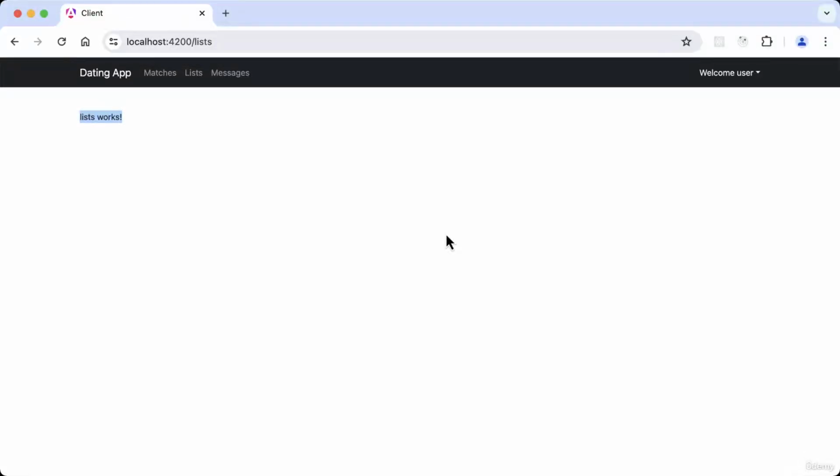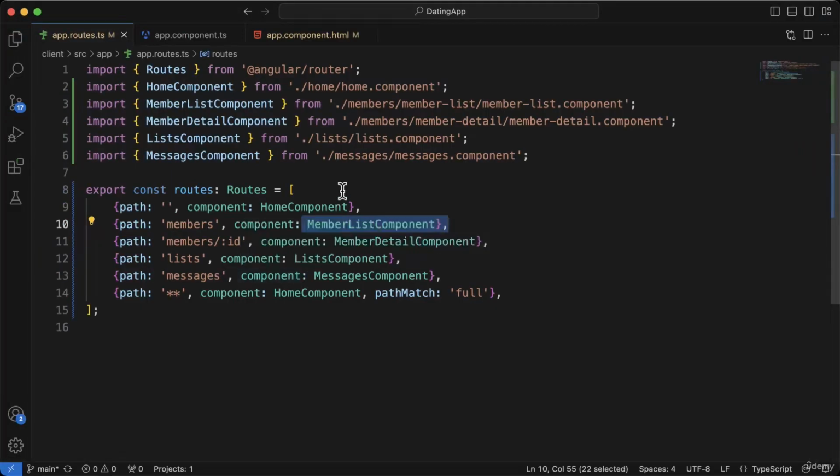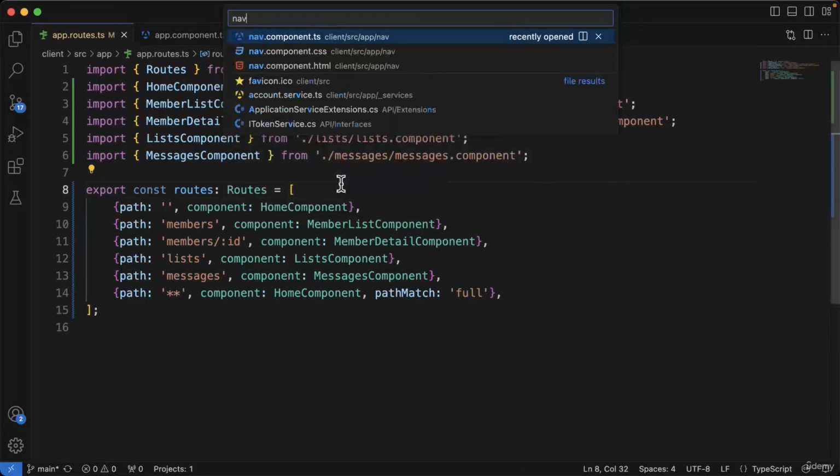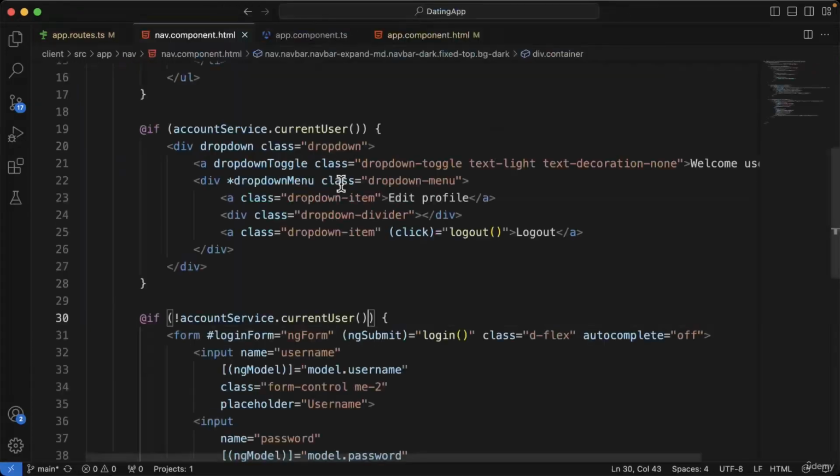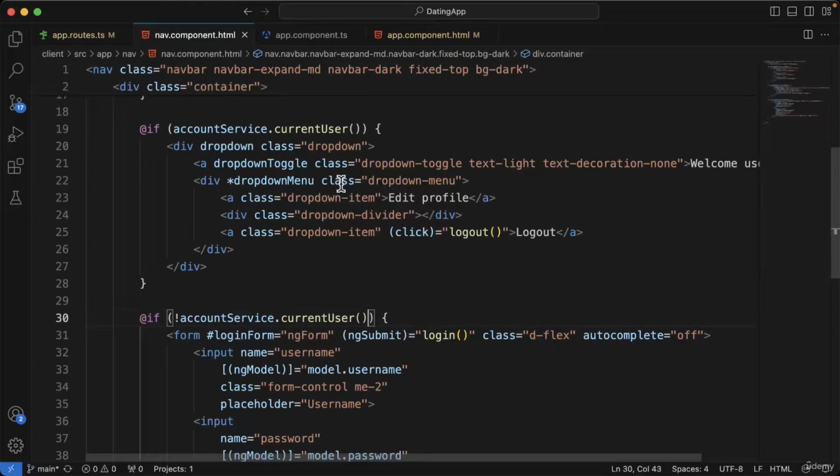Okay, we'd probably get some complaints if we had things that look like they should be able to be clicked on, but they didn't actually do anything. And obviously we don't want our users needing to type directly into the URL to get from one component to the other. So let's open up our nav component HTML, and we're going to use some more router functionality